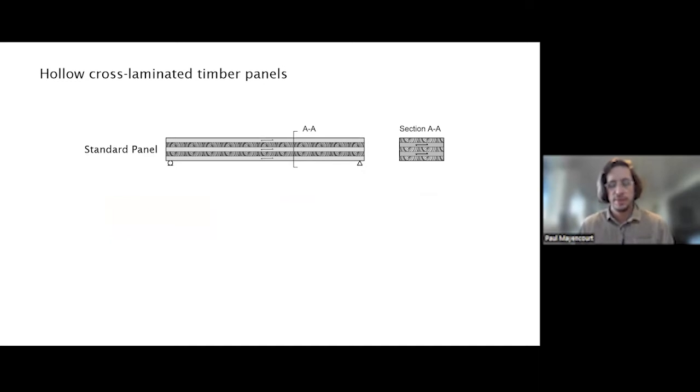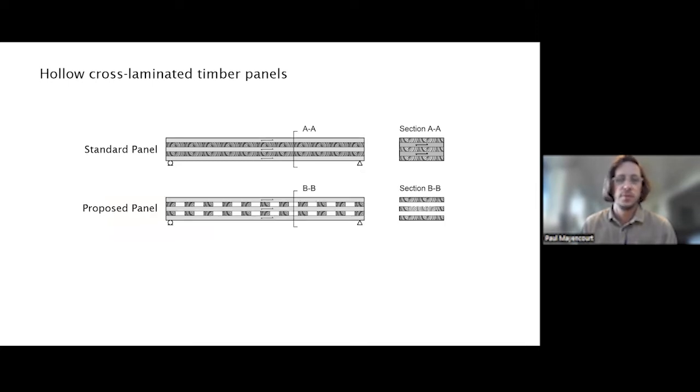And I don't know if you ever played Jenga, where you push sticks of wood out of a tower. This is kind of the same idea here, where we decided to question what would happen if we were to push some of the cross layer out of CLT elements and see how it would behave. So in CLT, the cross layer typically is not used structurally too much. It is true that CLT has a two-way capability where it can carry loads in two directions because it has fiber running in two directions.